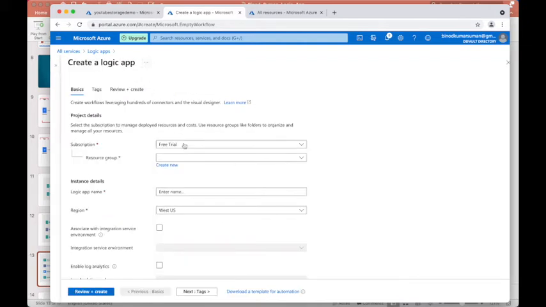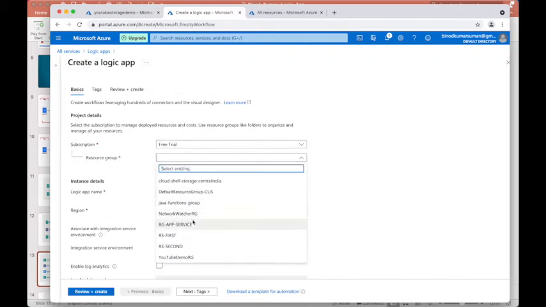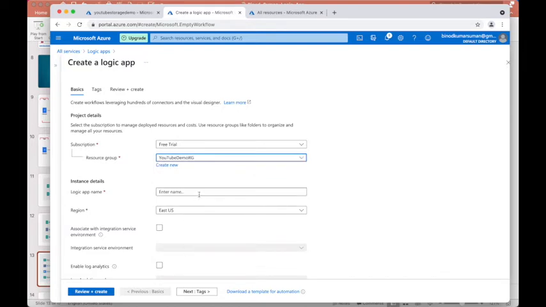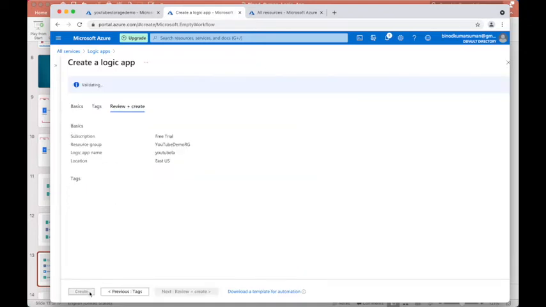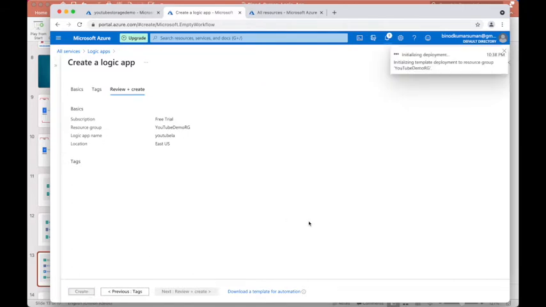For the resource group, I have already told that I have this resource group, YouTube demo resource group, and the Logic App name, YouTube logic app. Okay, and no need to do anything else. Create.